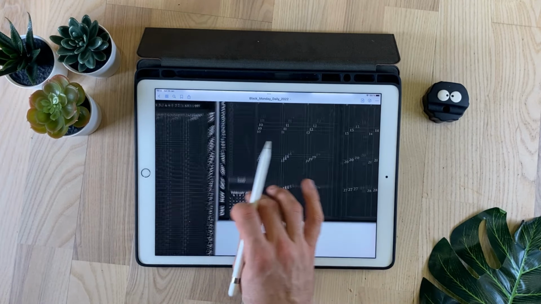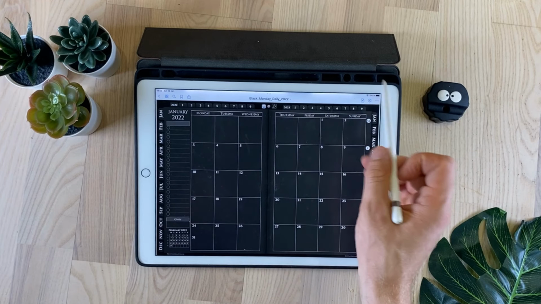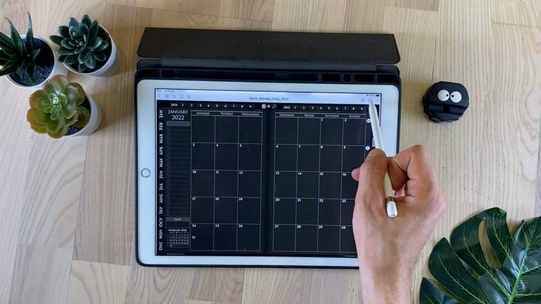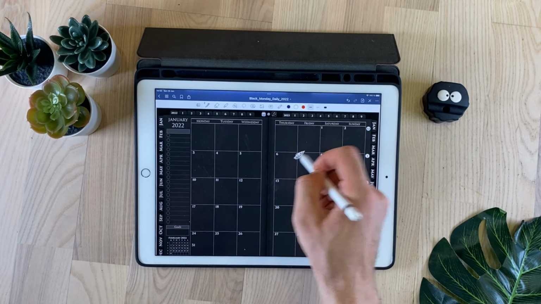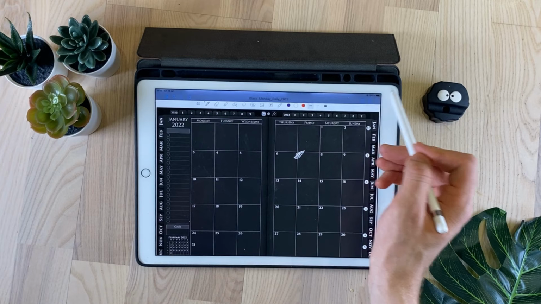Friends, if you use the GoodNotes application, then in order to use hyperlinks, you need to activate the View mode. Click on this button. In order to start writing on the pages, you need to deactivate the View mode.